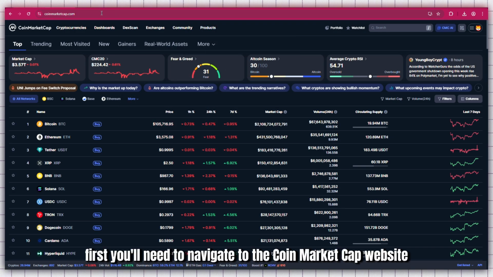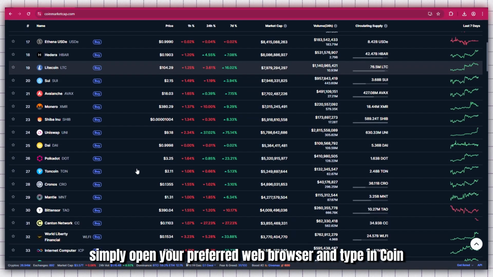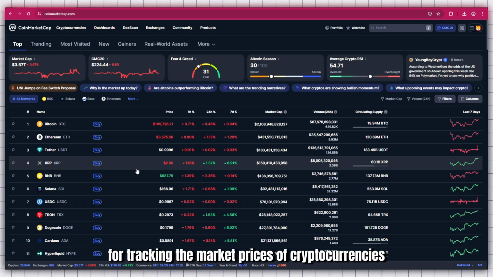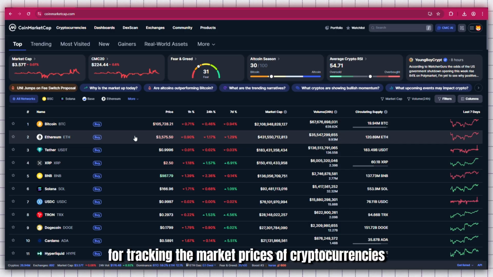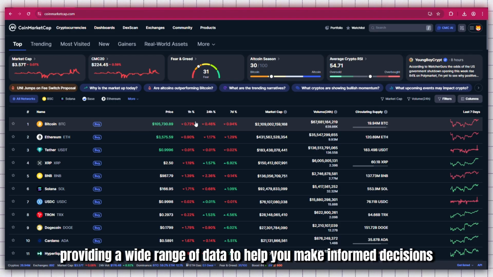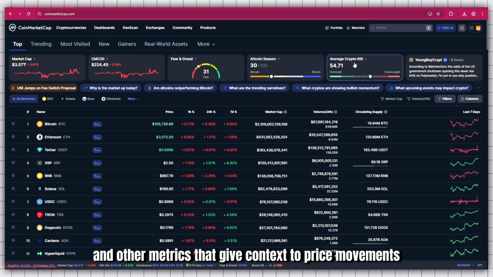First, you'll need to navigate to the CoinMarketCap website. Simply open your preferred web browser and type in coinmarketcap.com to visit the site. CoinMarketCap is a reliable source for tracking the market prices of cryptocurrencies, providing a wide range of data to help you make informed decisions. This includes not just prices, but also volume, market capitalization, and other metrics that give context